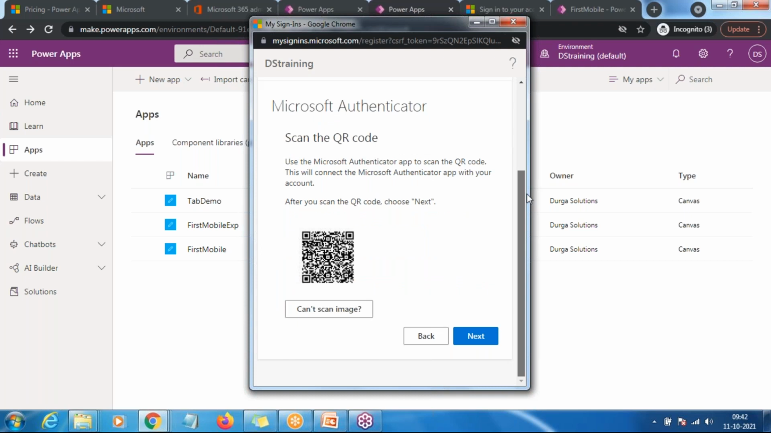This will generate one QR code. Once you install the application on your mobile and open it, it will ask you to create or add another account in the Authenticator app. In the top right corner, there are three dots. Once you click on that, you'll get one option, add account. So once you click on add account,